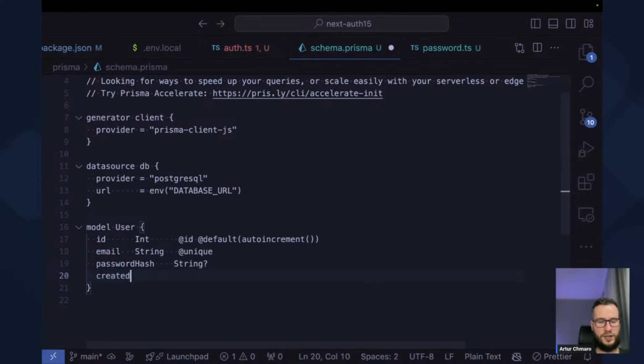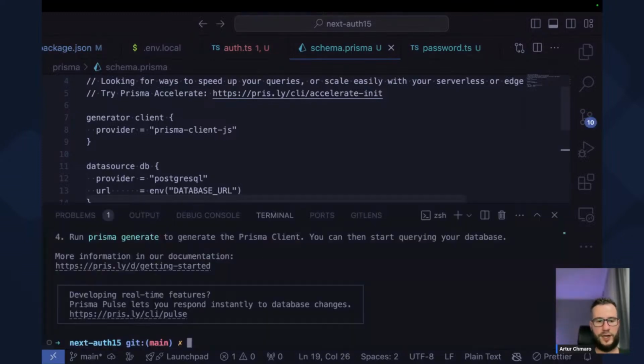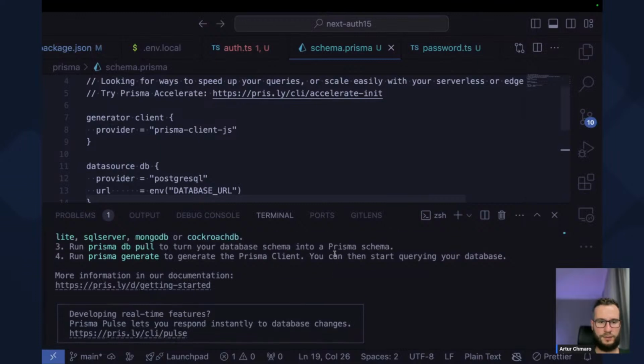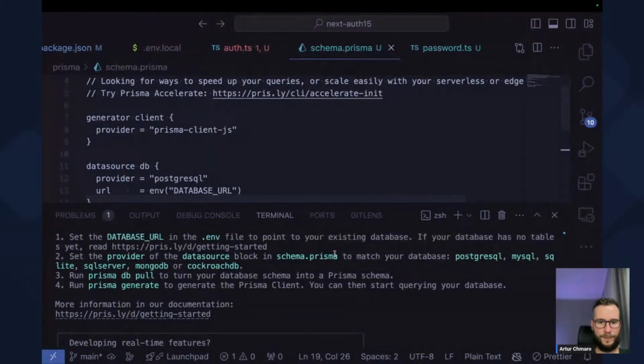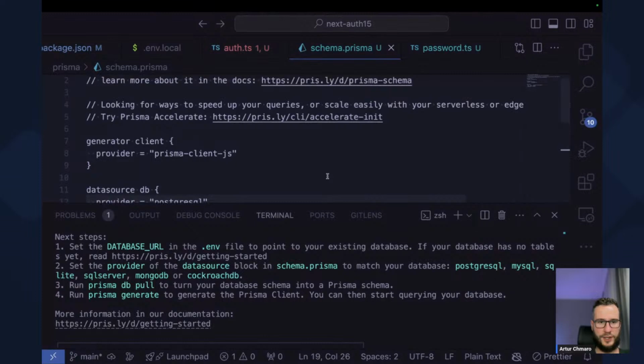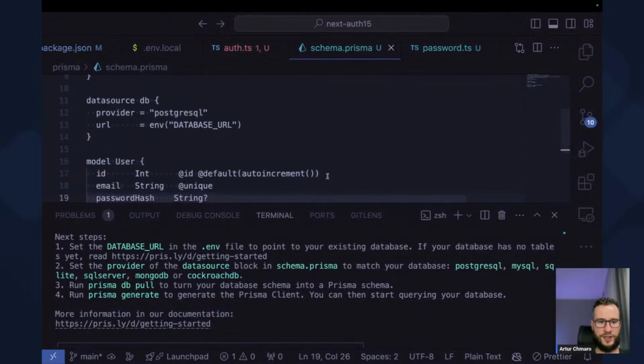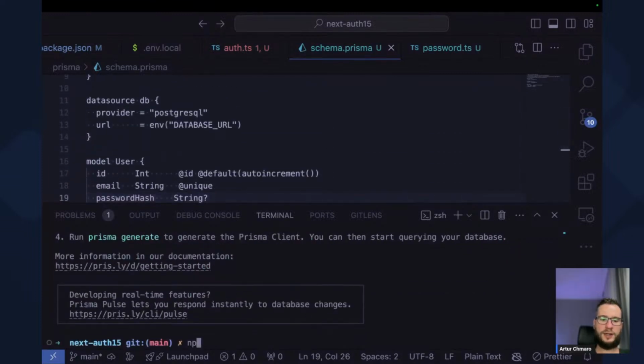Maybe created at. Why not? Oh, maybe let's keep it simple for now. So, okay, we have our database schema specified. So I will just run the command like npx prisma db push